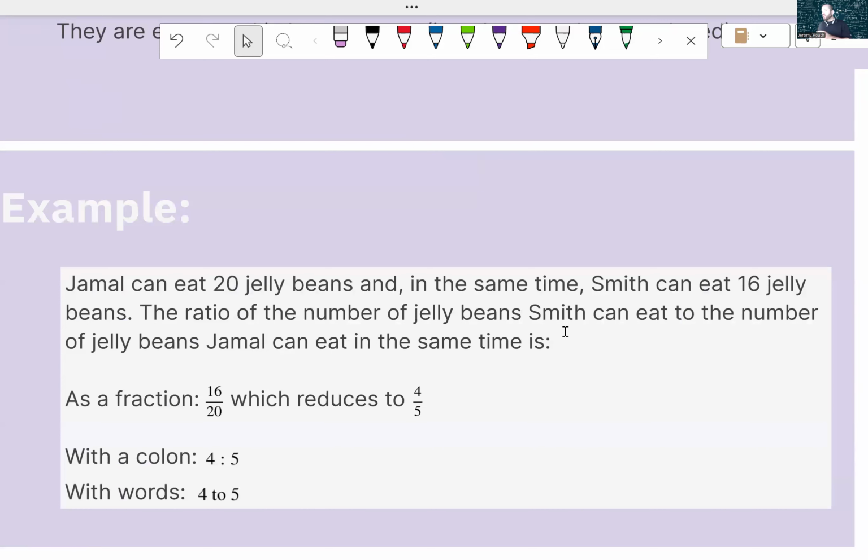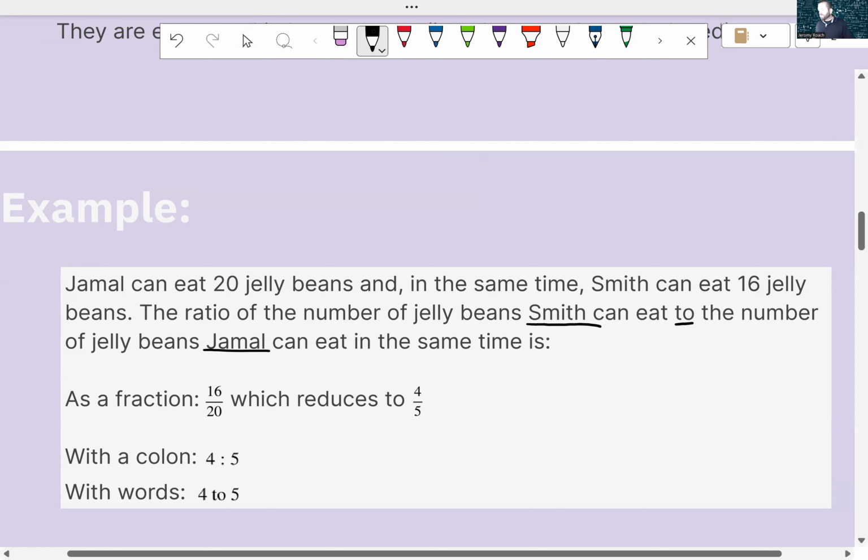So here it says Jamal can eat 20 jelly beans, and in that same time, Smith can eat 16 jelly beans. The ratio of the number of jelly beans Smith can eat to the number of jelly beans Jamal can eat in that same time, we can write as a fraction. Now, the order matters. So it says Smith